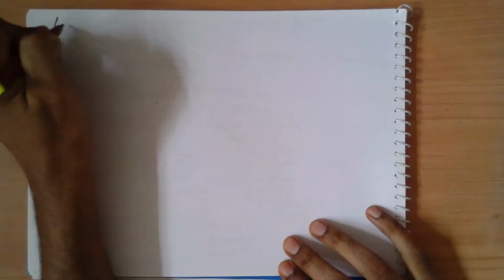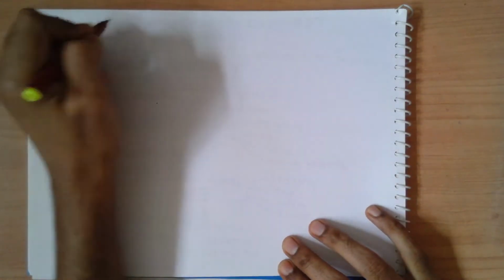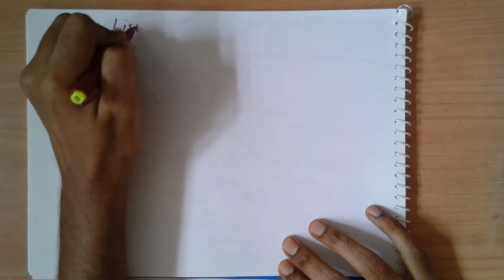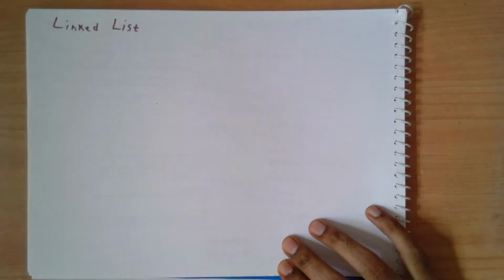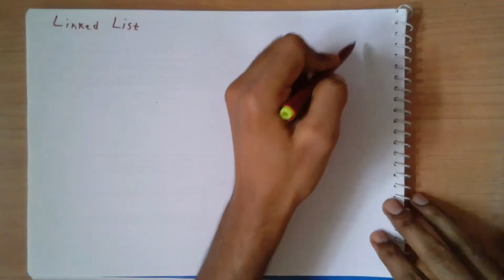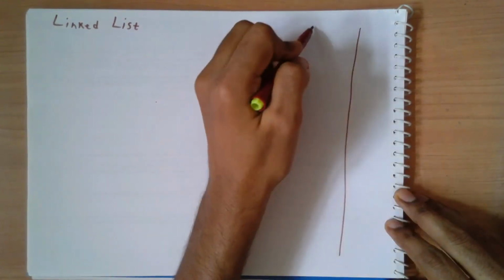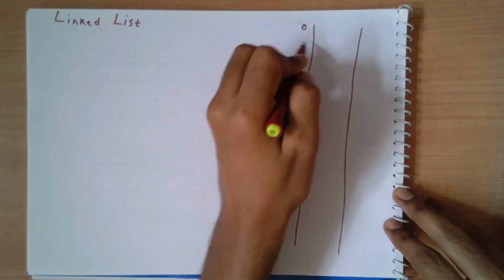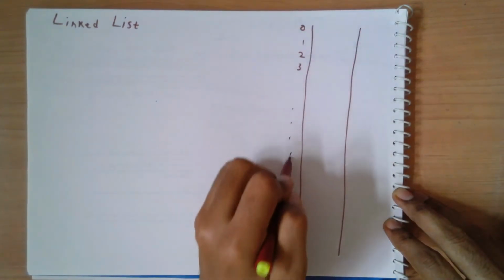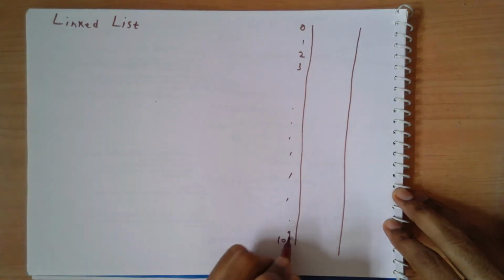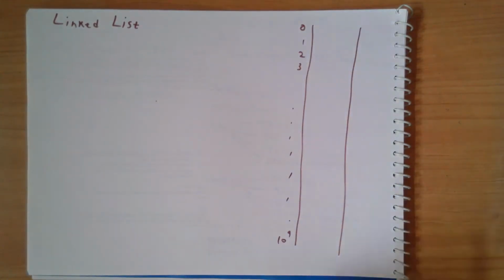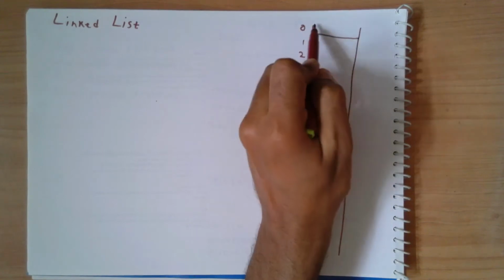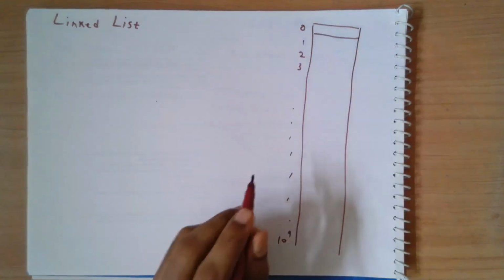So now let's talk about a particular implementation of the list ADT, which is linked list. Okay, so even within linked list there could be various types. So before we go there, let's talk about how a linked list would look. This is the memory of our computer. It would have addresses starting from 0, 1, 2, 3 up to, let's say, 1,000,000,000 bytes. Okay, and each address corresponds to a particular byte, which would have 8 bits and so on.